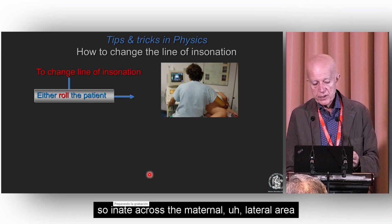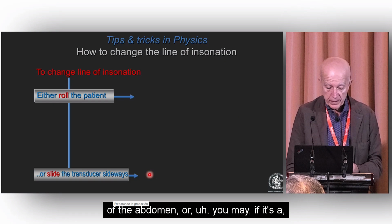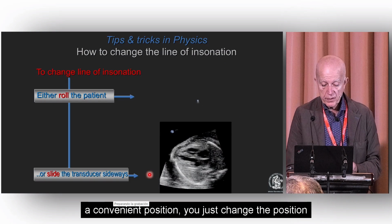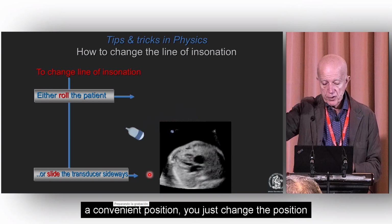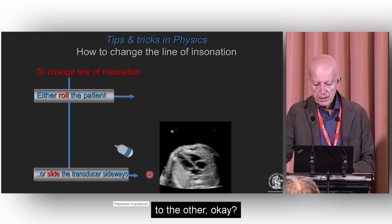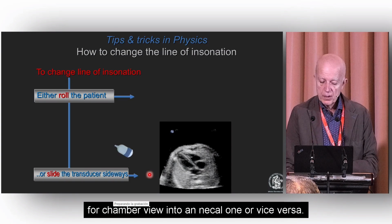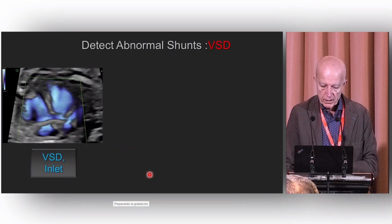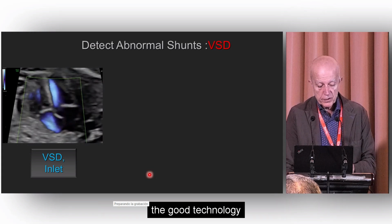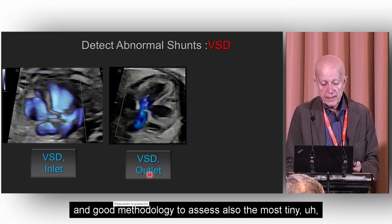either you ask the patient to roll on the bed, so you insonate across the maternal lateral area of the abdomen, or you may, if it's a convenient position, just change the position of the transducer across the maternal abdomen from one side to the other, okay? And then you transform a lateral four-chamber view into an apical one, or vice versa. And then in this way, you can have the good technology and good methodology to assess also the most tiny